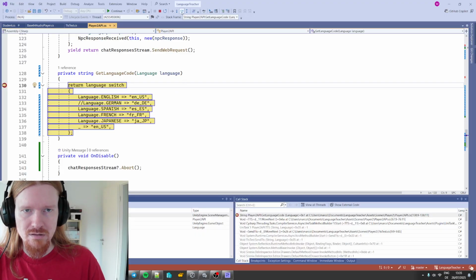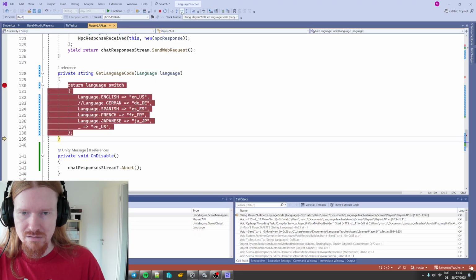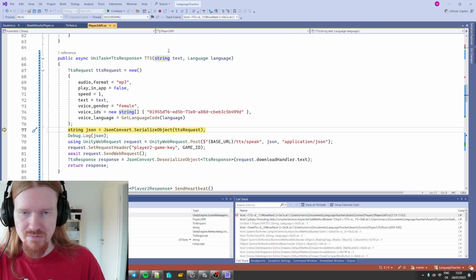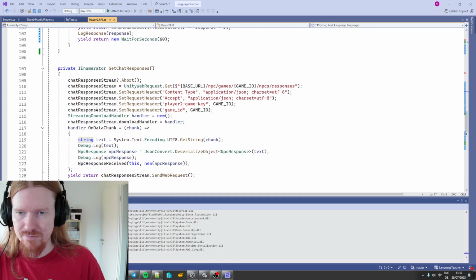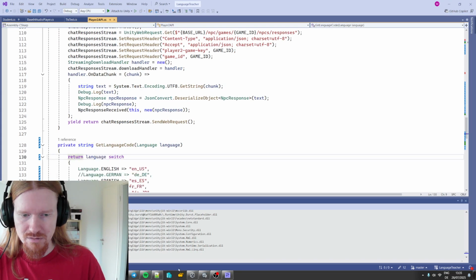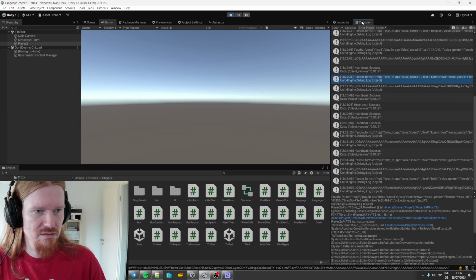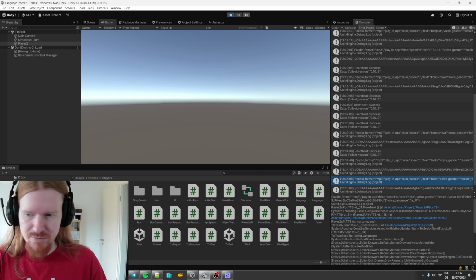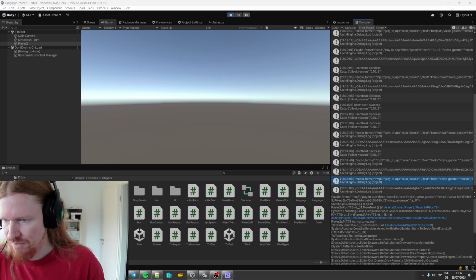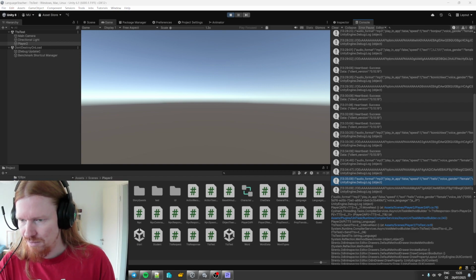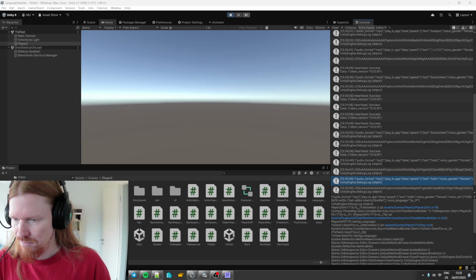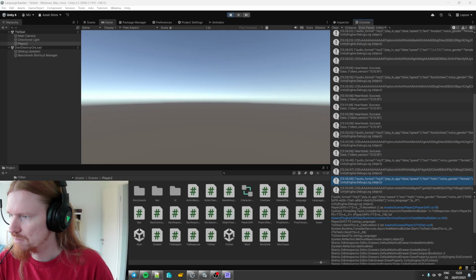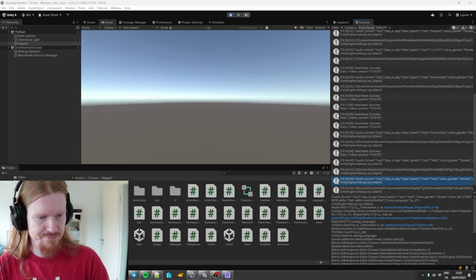Invoke. We should get the Japanese, yeah. Hello. But it doesn't select the Japanese in the backend, so I think the TTS voice language parameter does not work as intended